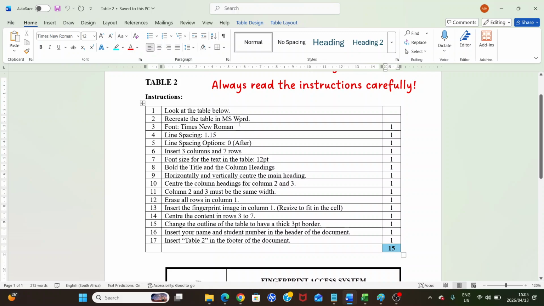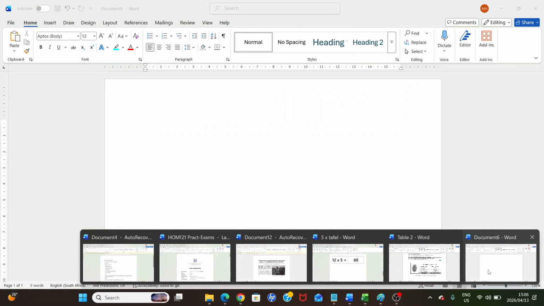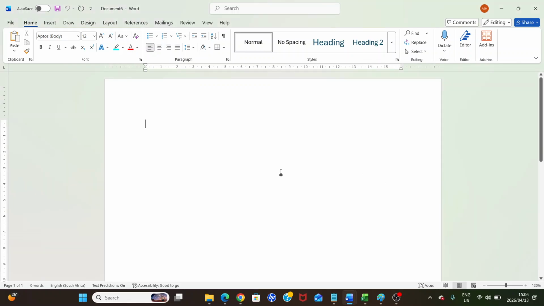That is why I'm also including this little instruction table so that you can see what you can expect to get a mark for. Now, what's going to happen if you make a spelling mistake somewhere along the line? That is an additional subtraction of a mark for each spelling mistake. So just keep in mind that I don't give marks for correct typing because that has to be typed correctly anyway. So this is how it works. Okay, so let's continue. When I'm done with the lesson, I will walk around and see how I can help you. All right, so just hang on a little.